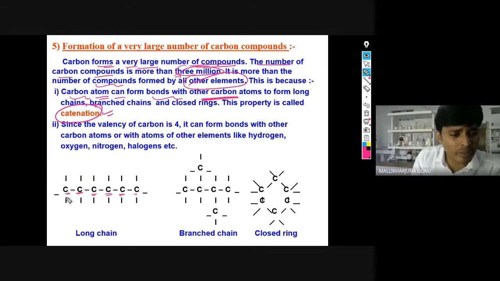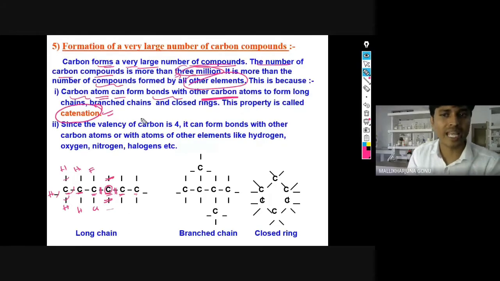Always, as you can see here, carbon forms 4 bonds. This is an open-ended structure, which means it cannot exist like this. Here, for example, hydrogen is there, and here hydrogen is there. Or any monovalent atom can be there, like fluorine or chlorine, which can form single bonds. So carbon always should have 4 bonds. You can see 1, 2, 3, 4. Anywhere you check, for example this carbon, how many bonds does it have? 1, 2, 3, 4 bonds.